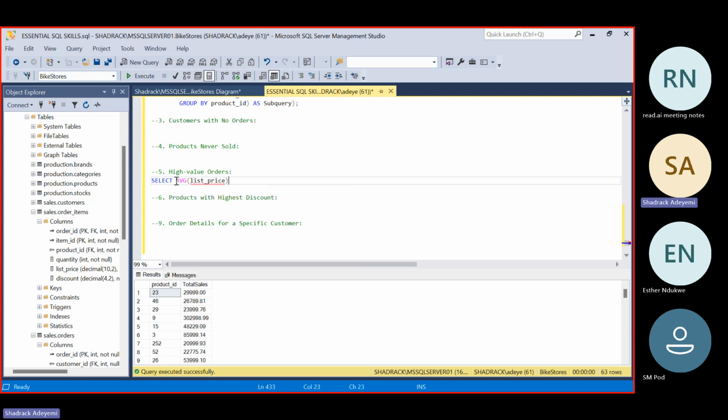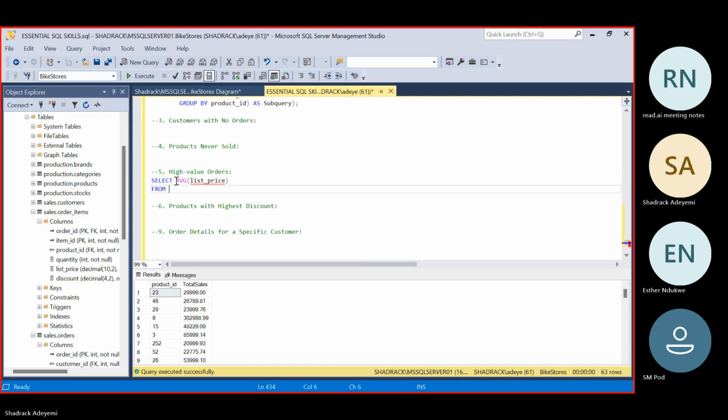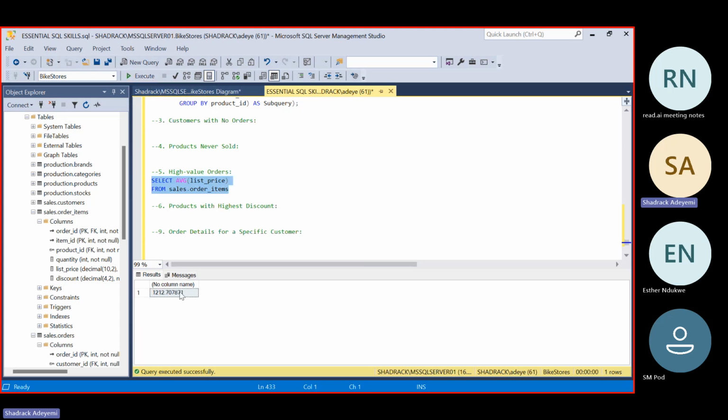So the average list price from the sales order item table. If you run this, you get to know the average price from the sales order item table.